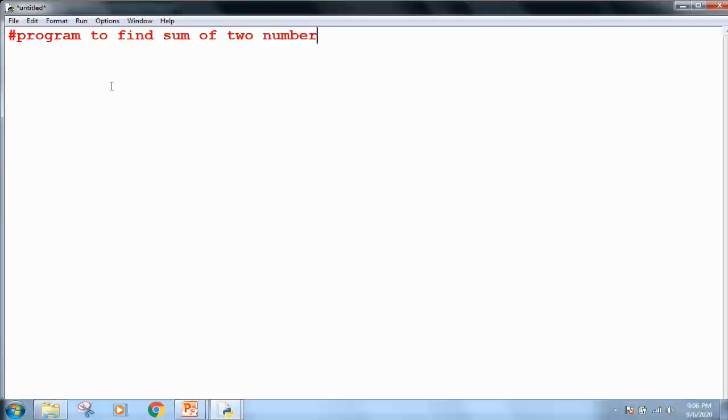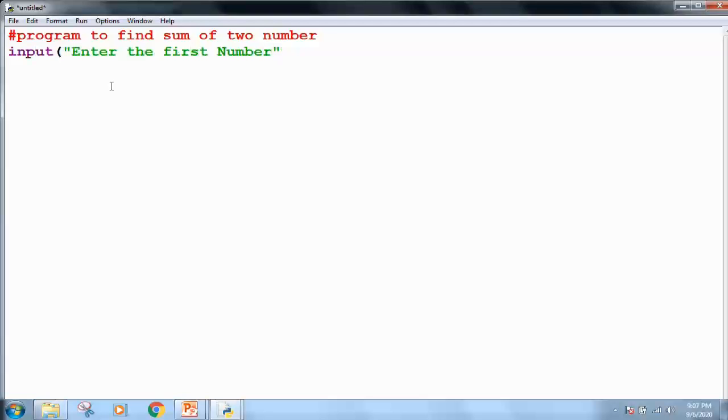For that I have used the input function. The input function is used in the following way. Whenever you want a message to be displayed, write that message in the braces of the input function in single quotes or double quotes. This is the prompting message which comes for the user to enter some value.